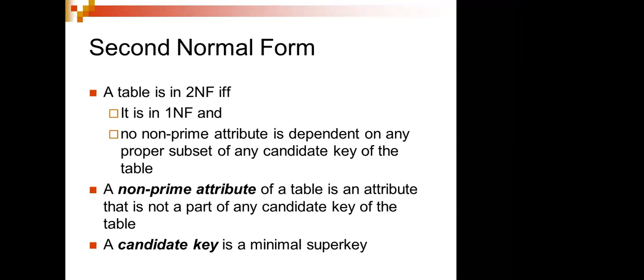The other candidate keys here are the Aadhaar number and passport. These are part of that particular table, which should depend on any one of those. So the example says that a non-prime attribute is an attribute that is not a part of any candidate key of the table. It's a super minimal key. So again we have something called a super key.